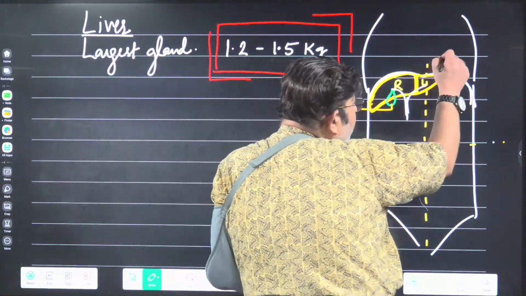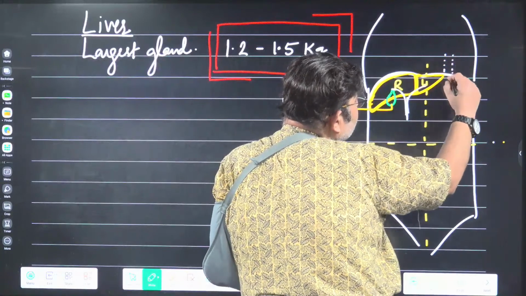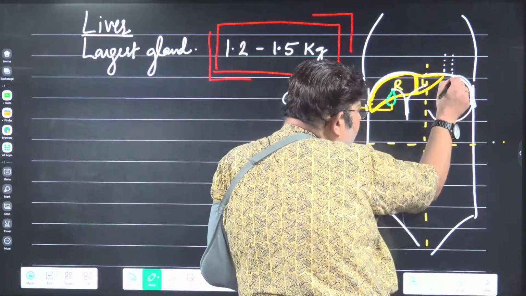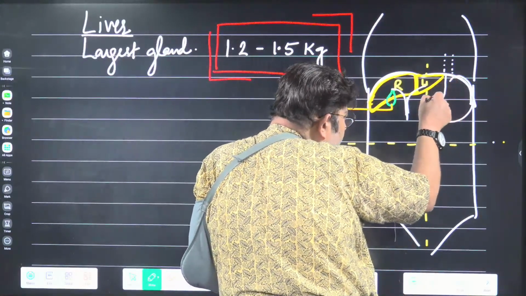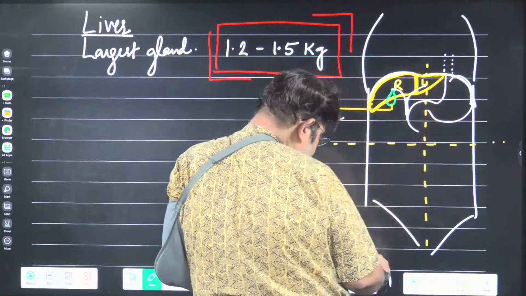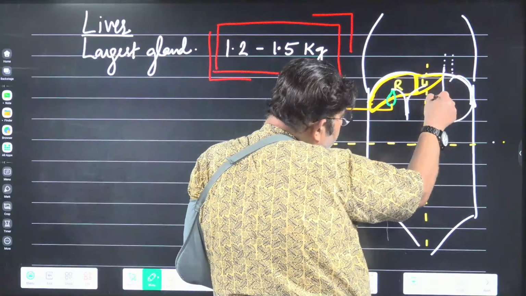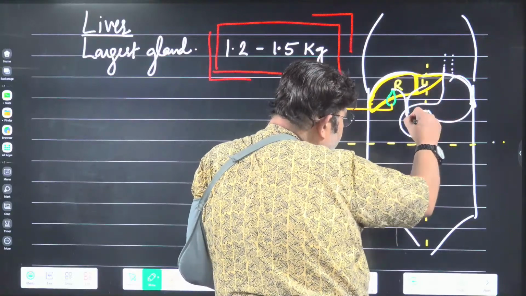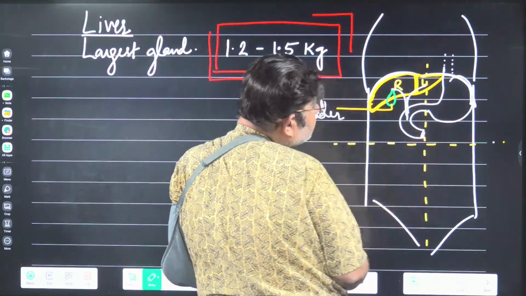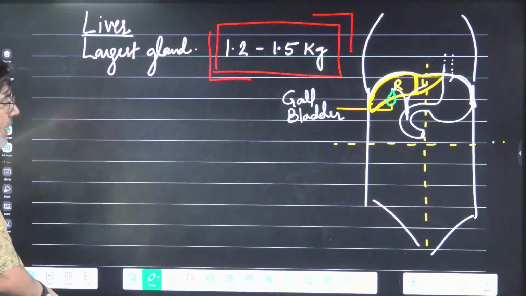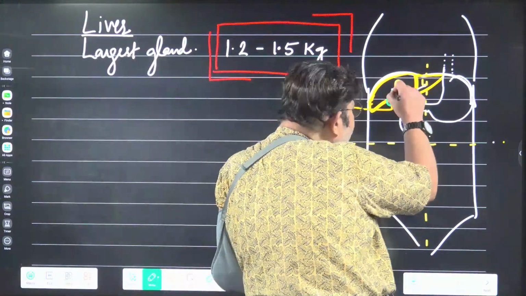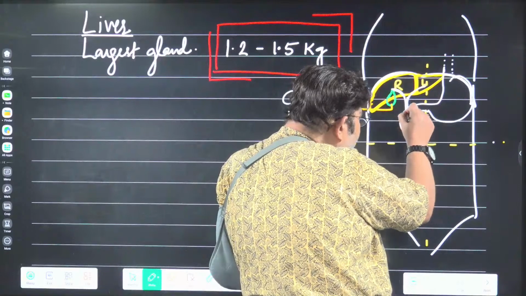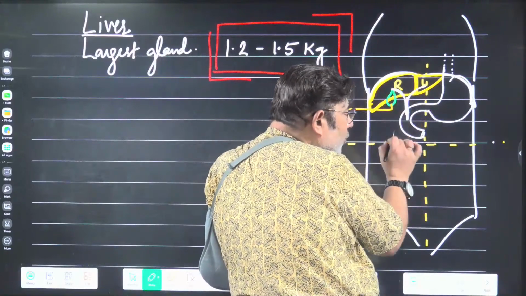Now I'll show you what is coming from here is the esophagus, and identify what this is. You can see a J-shaped structure, which is the stomach, and a very clearly C-shaped structure, which is known as the duodenum. The duct coming from the liver is opening into the duodenum.